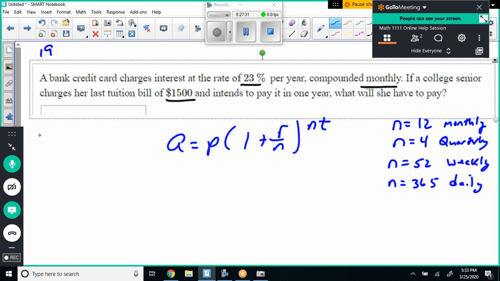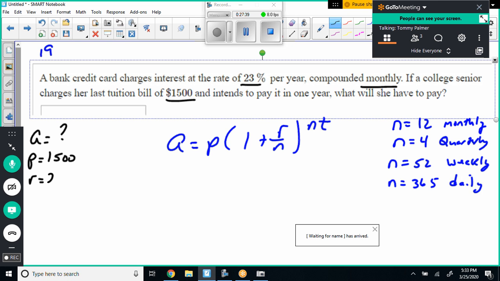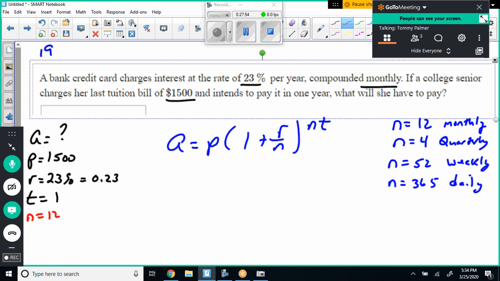So P is, well, she's borrowing $1,500. The rate is 23%, which is 0.23. T is 1 year, right? n is 12 because it's monthly. So A equals